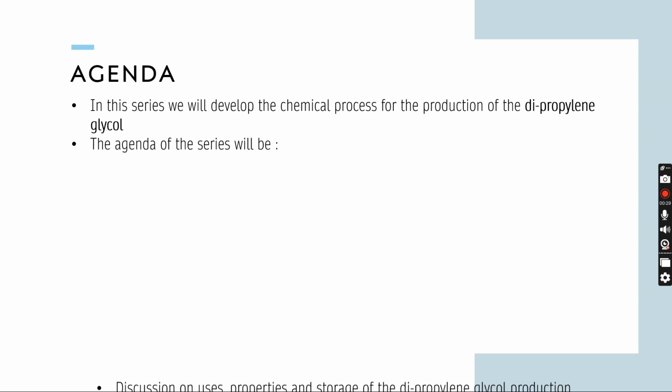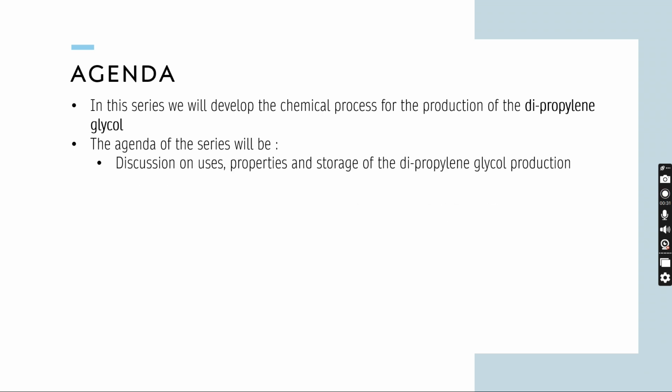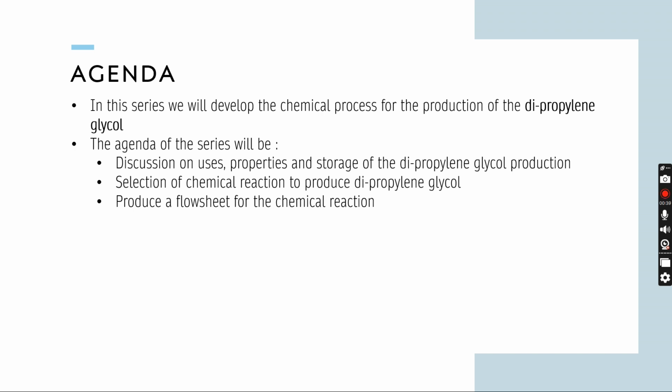And the agenda of this series will be a discussion on uses, properties and storage of dipropylene glycol, selection of chemical reaction to produce dipropylene glycol, producing a flow sheet for the chemical reaction, and finding out parameters to operate various flow sheet objects. So basically, here we are discussing how to produce dipropylene glycol, what its uses are, what its properties are, how to store it, and then we go for the chemical reaction that we are going to choose for our project to develop a process which will produce dipropylene glycol, and then we will produce a flow sheet for